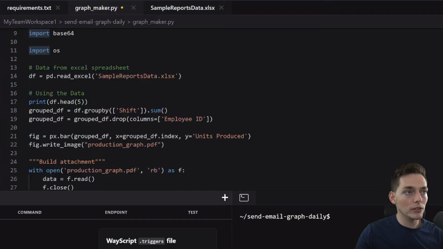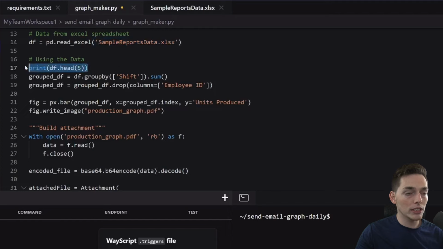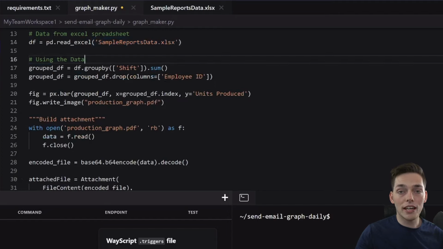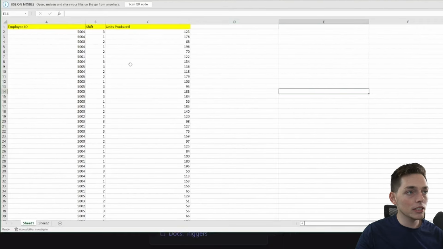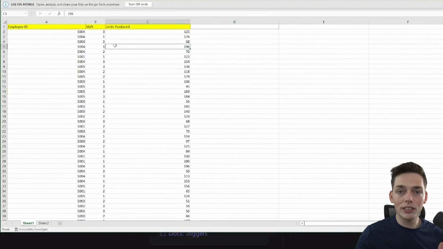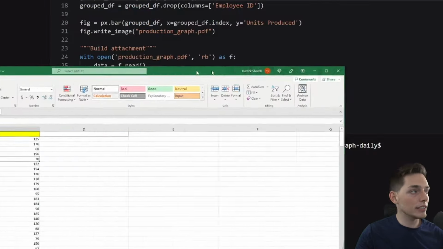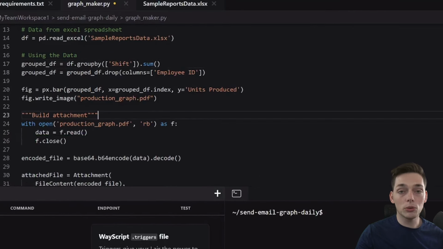So as we're moving through our code, you see that we're using a pandas library to create a data frame that reads in our Excel data. Using that, we can get rid of this print statement. Using that, we are creating our group of information. So our specific information in this case has a bunch of production numbers, and the graph that we're producing is we want to know the total amount of units produced per shift. So pandas has a very easy way to get that information, and that is by using this group by method